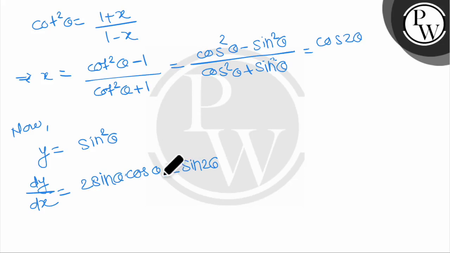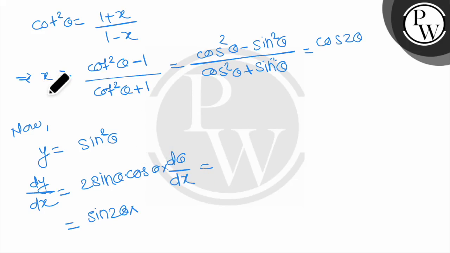But guys, again, this is the value of dy by dx, right? So 2 sin theta cos theta, so theta derivative is d theta by dx. Also don't forget that. Okay, d theta by dx. So now, guys, if you simplify this, you can write here sine 2 theta into dx by d theta.